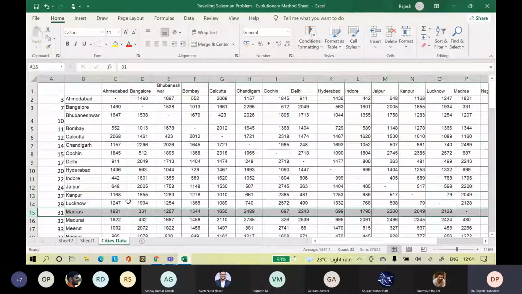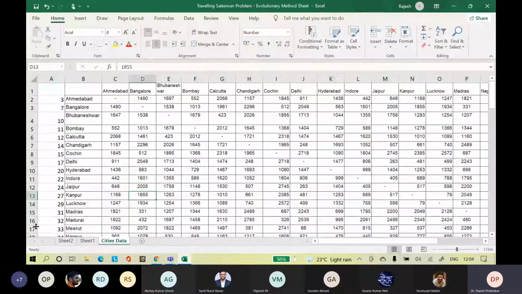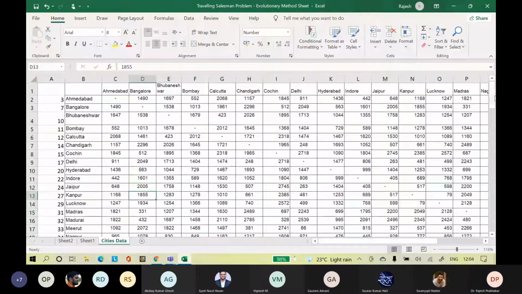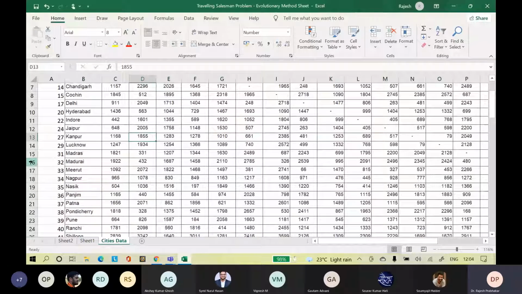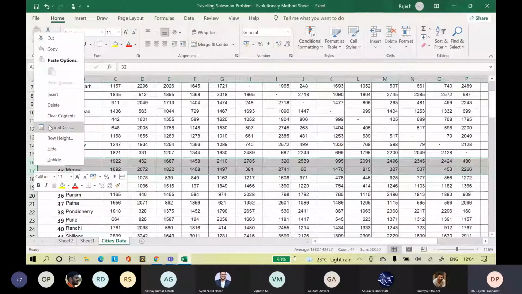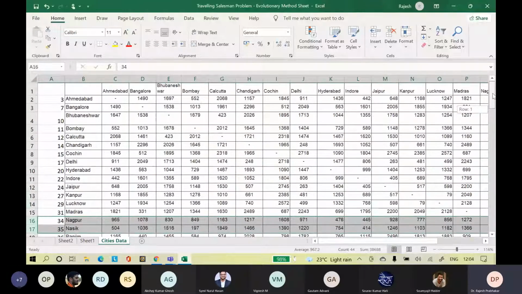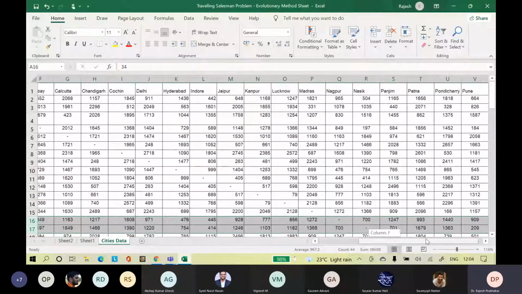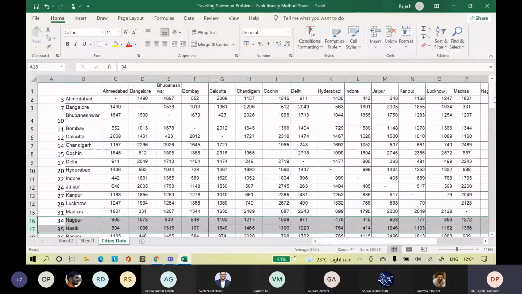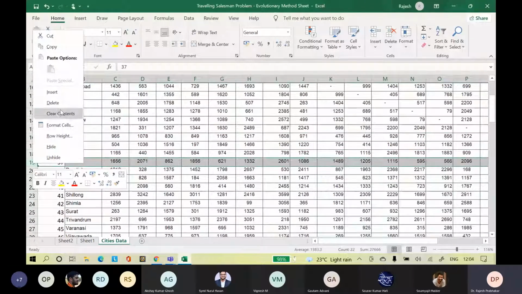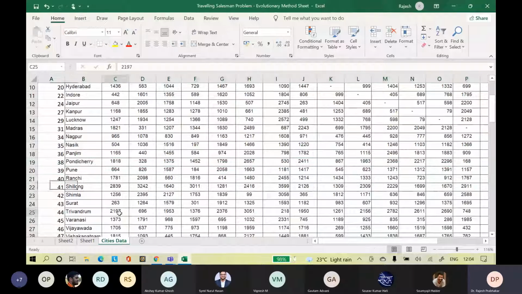Then Madras we have. After Madras, it is Nagpur, Nasik. So Madurai, Meerut, we will delete. Then we have Nagpur, Nasik. Then after Nagpur, Nasik, we have Panjim, Pondicherry, Pune. Panjim, there is no Patna here. Pondicherry, Pune. And rest of all we can delete.